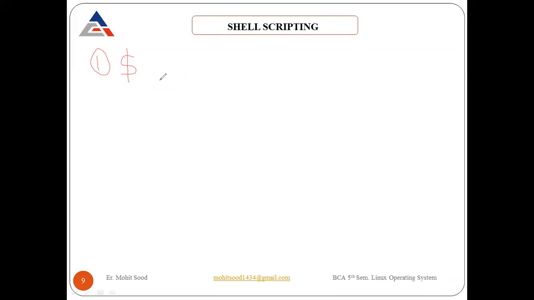This is your first file, before writing your script. Script means your program. So focus on your screen. The dollar sign is your default prompt, and type touch. I'm going to create one empty file. Touch space, for example, Sonu